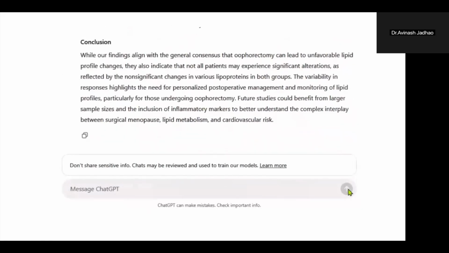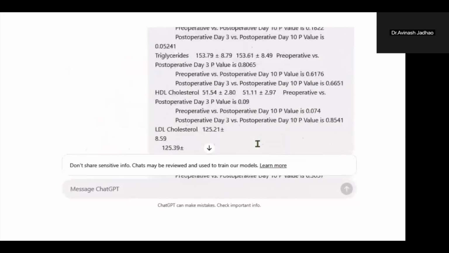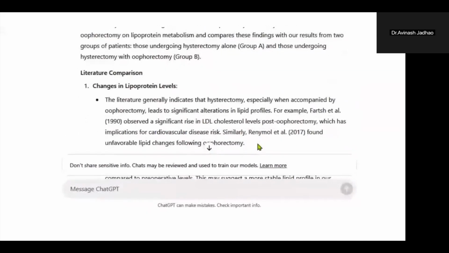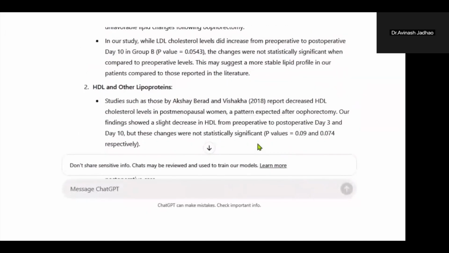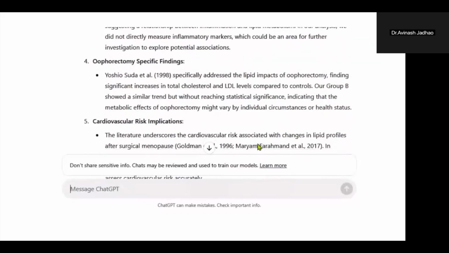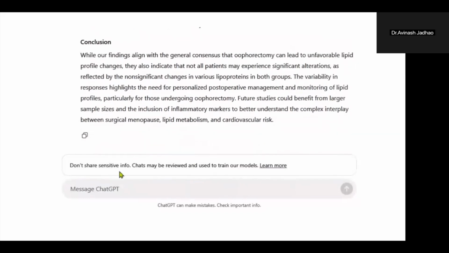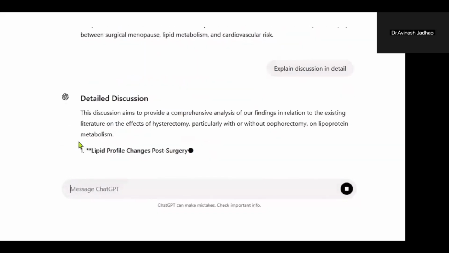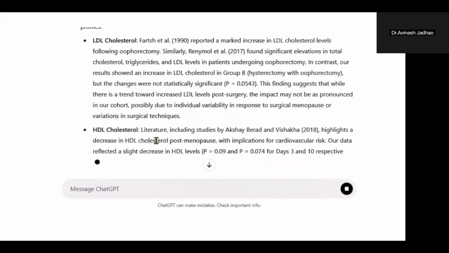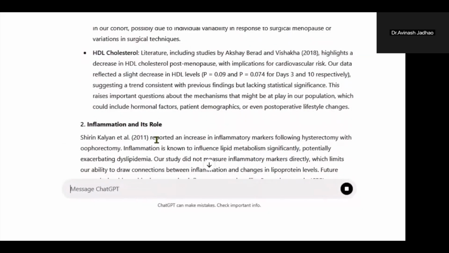So ChatGPT will write a complete discussion of your study. Whatever relevant studies are there, ChatGPT will use that data and write a complete discussion from your data, and it will compare with the studies previously done, that is in the review of literature. So here we want a complete explanation of the discussion.